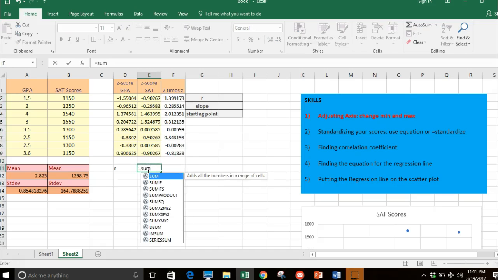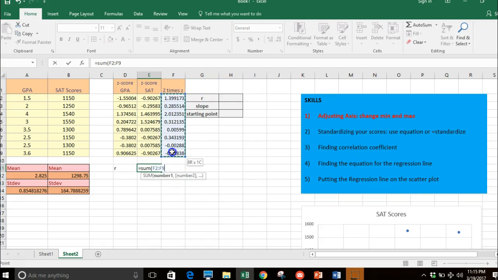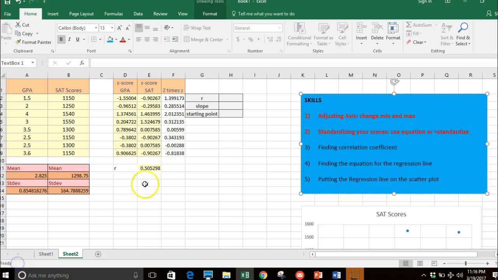So you just do sum, add these all up, and I have to divide by n minus 1. In this case, I have 8 of these, so it's going to be 8 minus 1. And there we go. Now the way I showed you, you could have some errors and you first have to do counting accurately. So sometimes a nice way to do it is find the correlation very quickly, which is just simply to say equals CORREL,